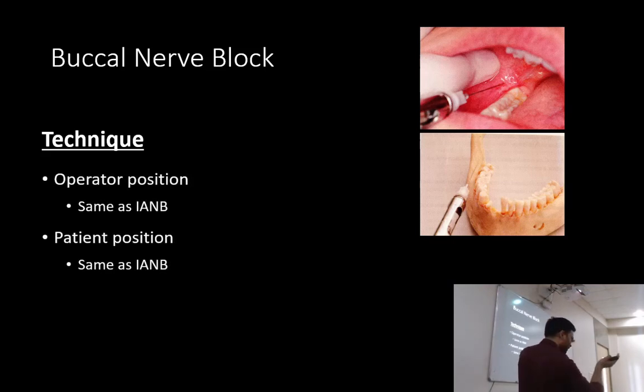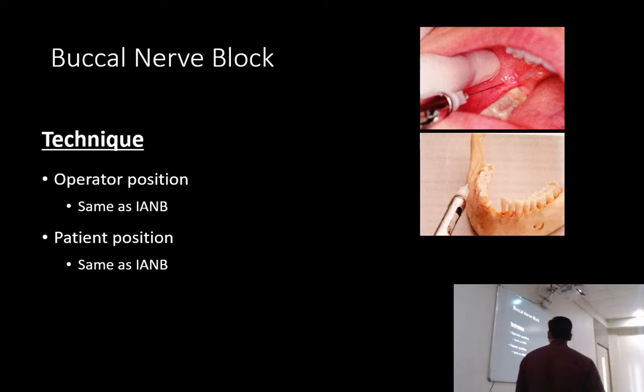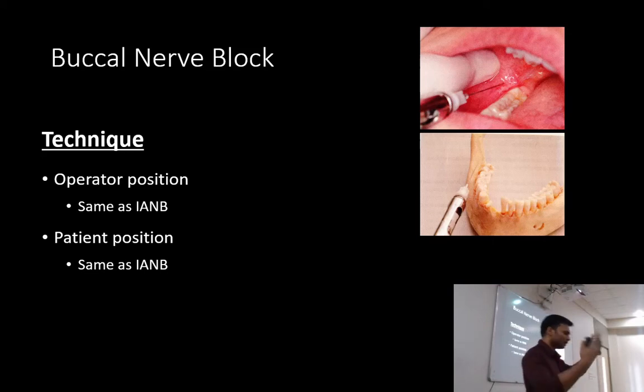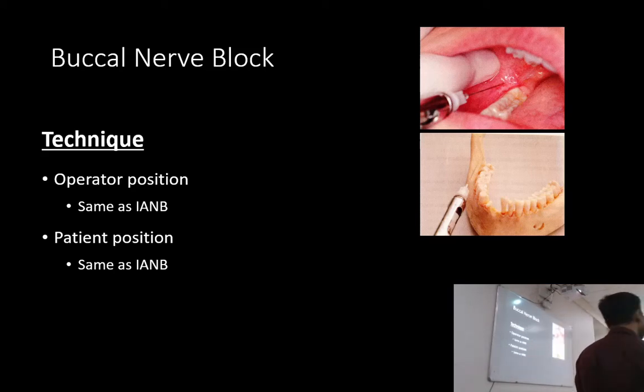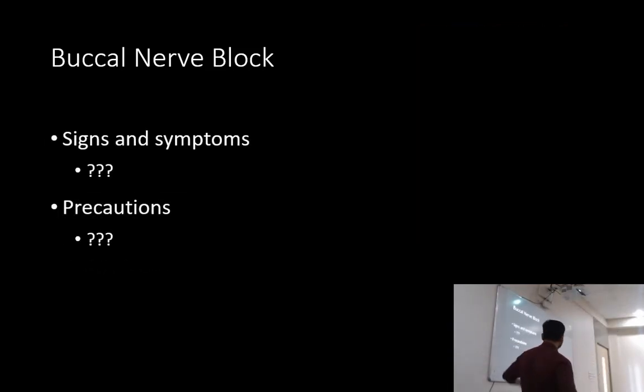And in this we are approaching the bone at an angulation. So the bevel will be towards the bone. Okay. So operative position will be same. Right side पे अगर कर रहे हैं fourth quadrant में, then the operator has to sit in front of the patient. If on the left side, then the operator has to sit on the back of the patient, that is 12 o'clock or 11 o'clock position. Okay. And patient, usually I prefer it to be supine. Okay. But you can give all the blocks, inferior alveolar and this buccal or mental incisive, keeping the patient upright also. Okay. So I might not repeat all these points, ये सारे same रहते हैं.